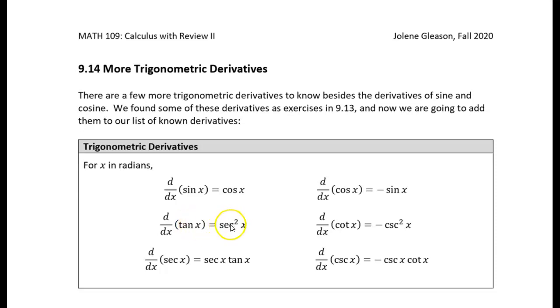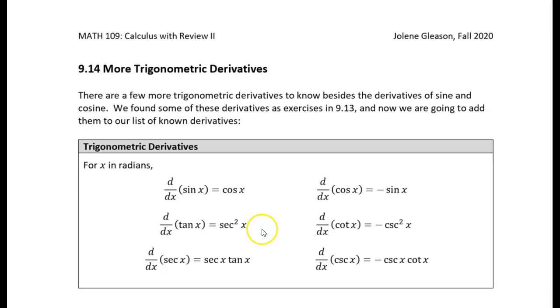All right, so before we move on to the next chapter, there's a few more derivatives I want to cover. Now, in this class, for the most part, we're going to be dealing with sine and cosine and the derivatives of sine and cosine, okay? And you really don't need to know too much more than that. As long as you know the derivative of sine is cosine, the derivative of cosine is negative sine, you're good